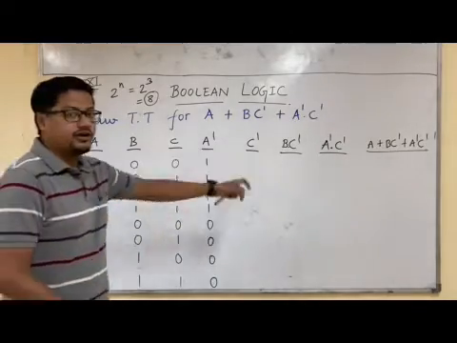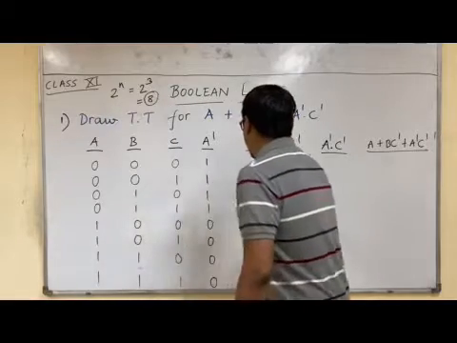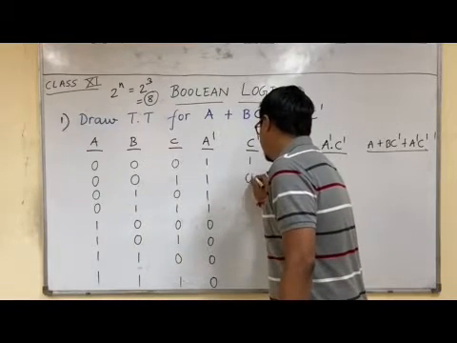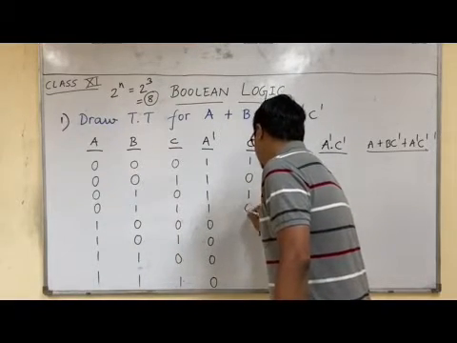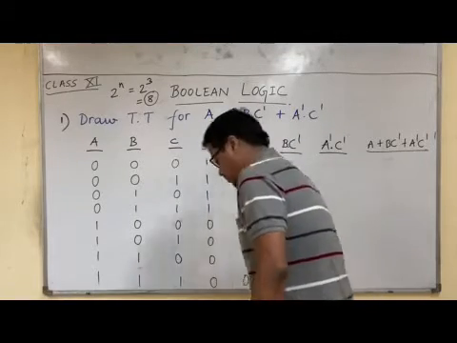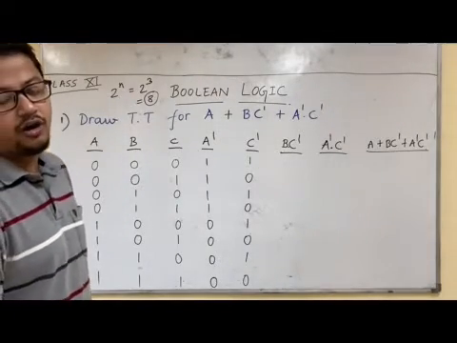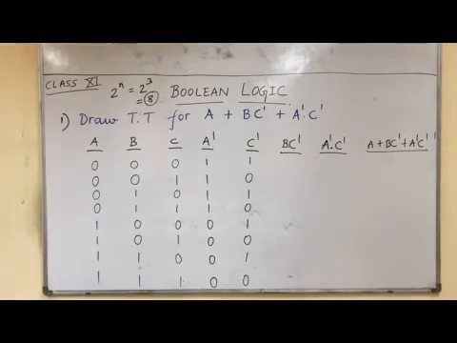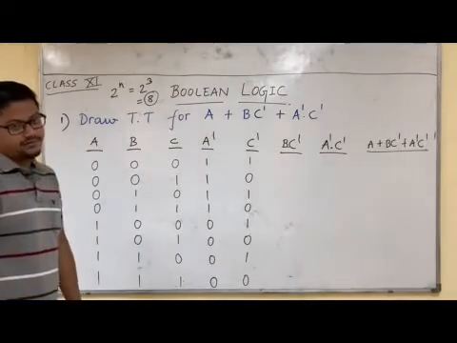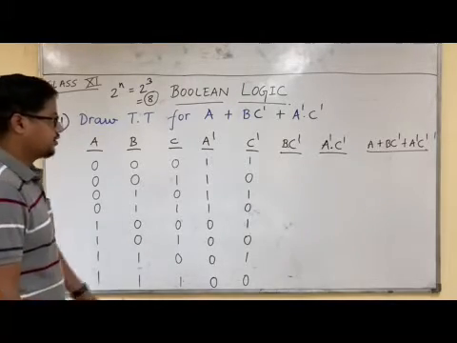Let us do the same for C dash, 0, 1, 0, 1. So it will be 1, 0, 1, 0, 1, 0 and 1, 0. I hope you are very clear with A dash and C dash and how we write the not of any given Boolean variable. Now comes the part where we need to keep some concentration.